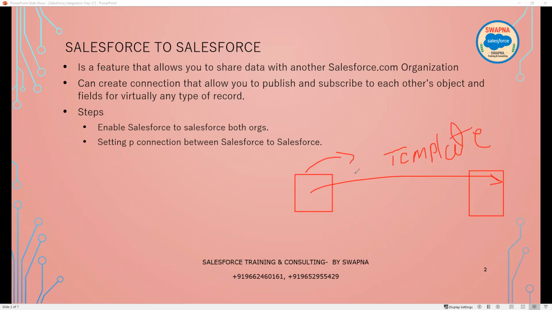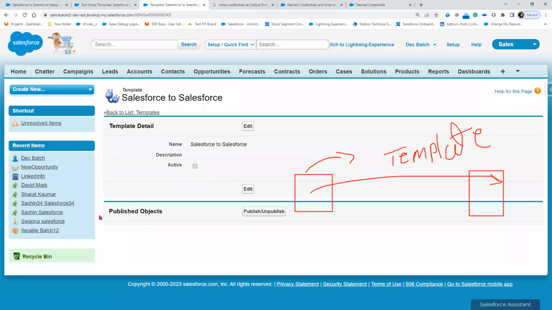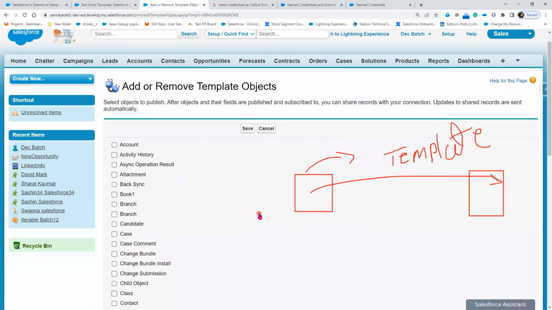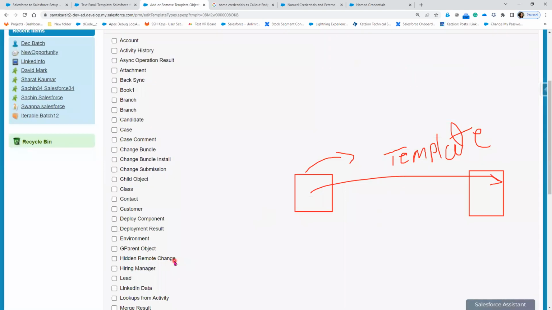Now through this template, what are the objects I am supposed to send? That is decided in the template itself. Once we create a template, here you have the published objects. So click on this publish. Now when you click on publish, it is going to give you the list of objects that are available,